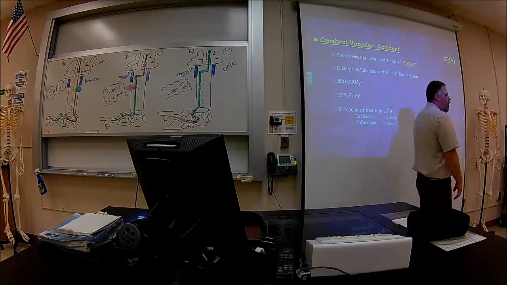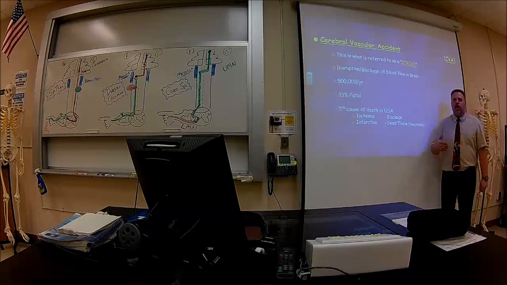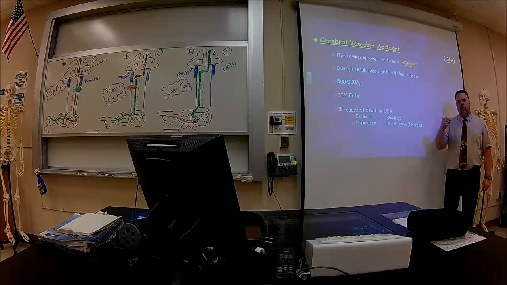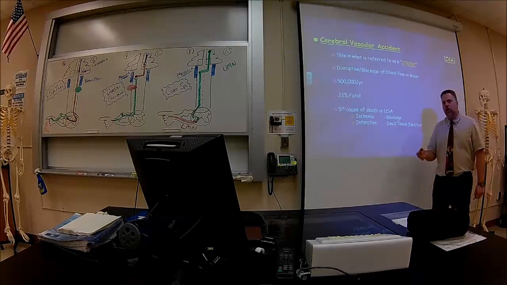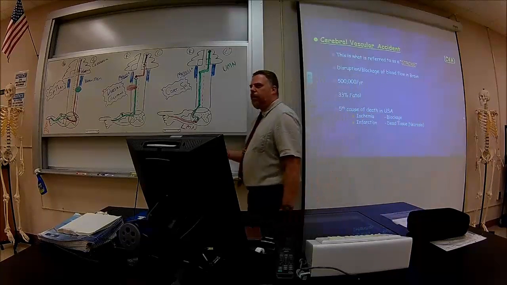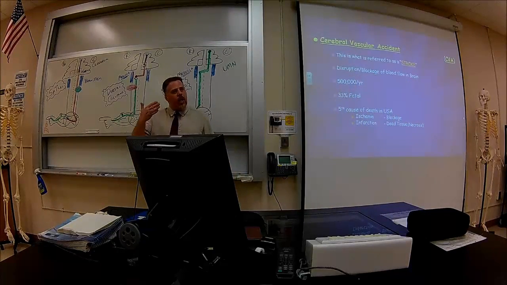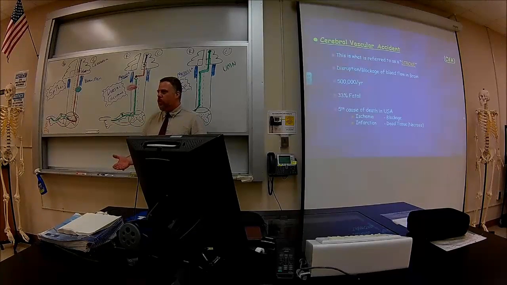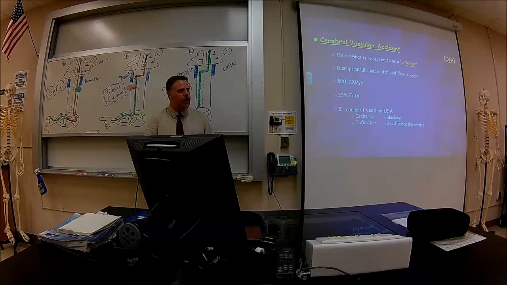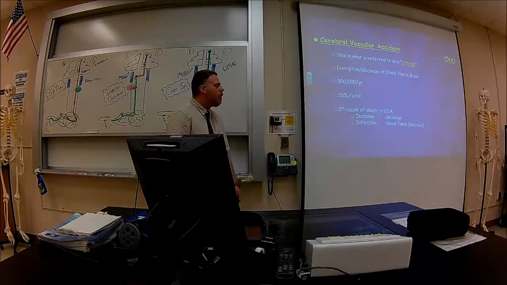What happens here is that you will have ischemia, which is a blockage or a lack of oxygen going to a certain part of your brain, okay? If it occurs for a longer amount of time, like 4 minutes, then you're going to have a lot of oxygen not going to that part of the brain, and that brain is going to die, okay? And then we call that infarction. You could have myocardial infarction, that's a heart attack. You could have cerebral infarction, that's called a stroke, okay? So that's where that comes into play.